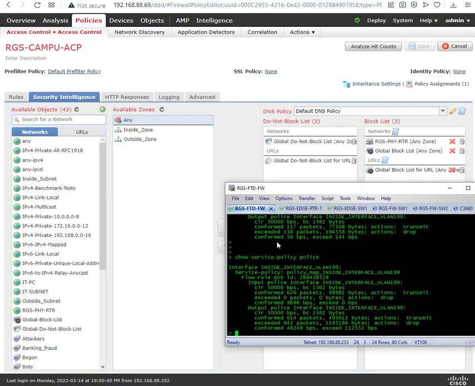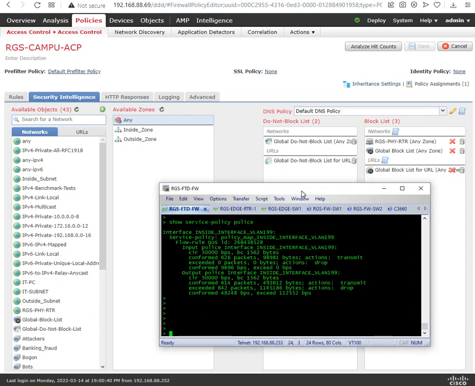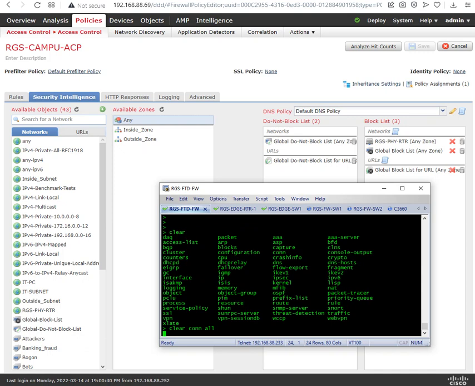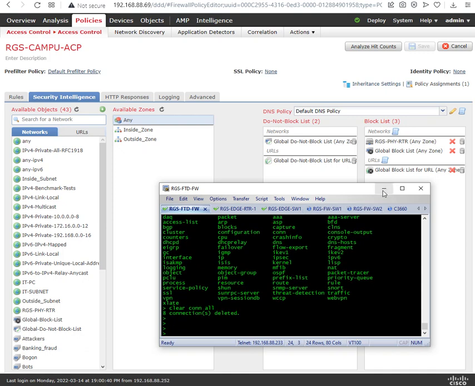First, the best practice is to clear the connections at FTD. Clear connection all, so it will clear all the connections. So let me initiate the traffic,